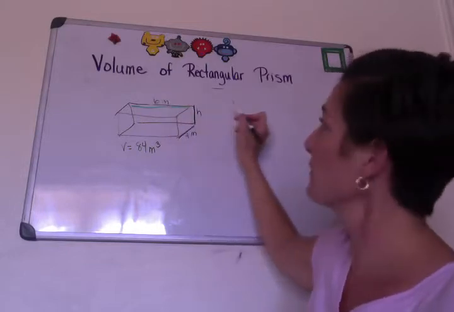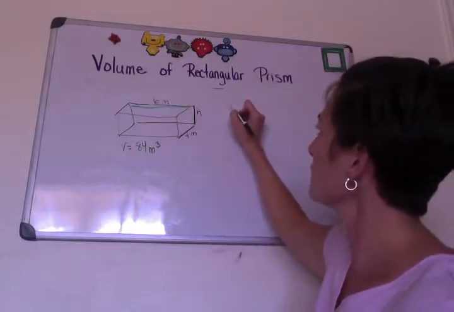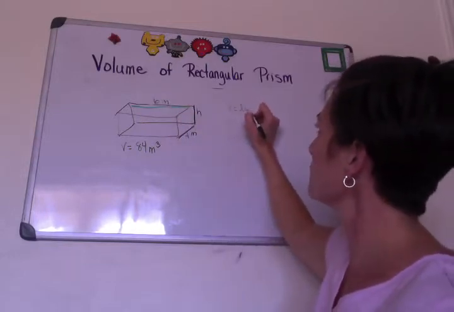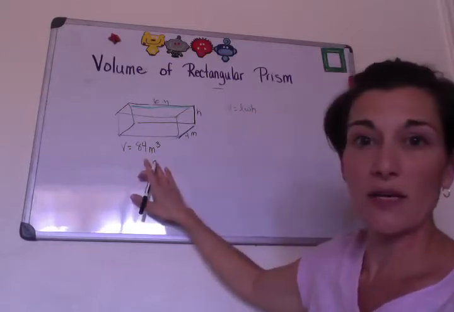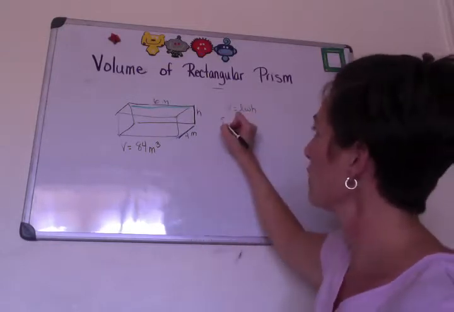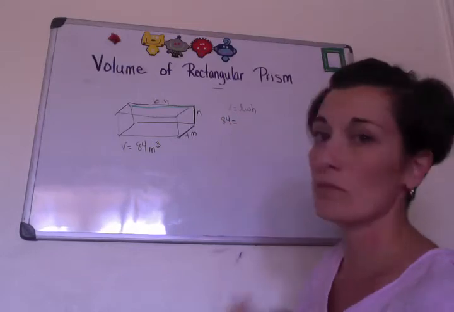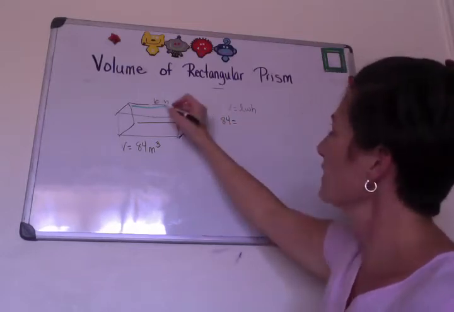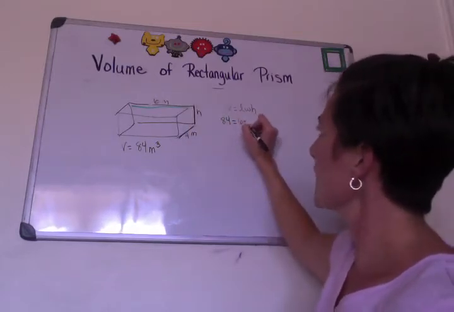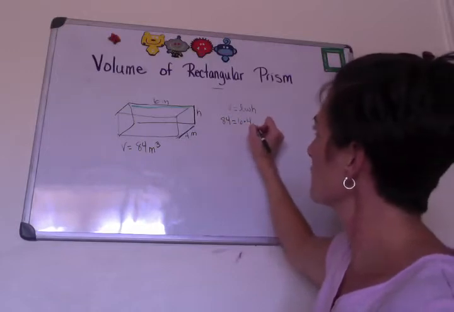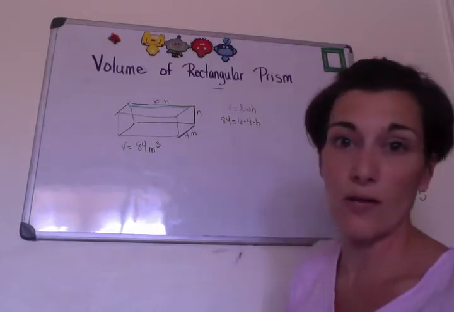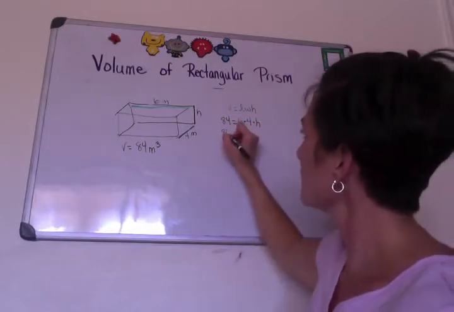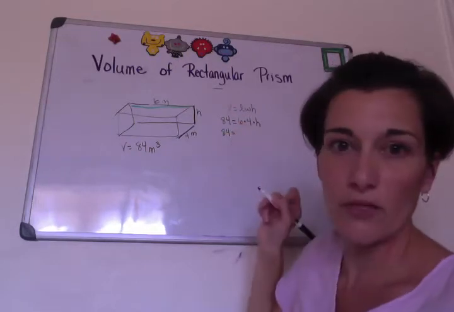So I'm going to write down my formula of volume equals length times width times height. And now I'm just going to plug in the numbers I know. I know 84 is my volume equals my length is 6 times my width is 4 times my unknown h. I know how to solve this because I'm simplifying my whole number. 6 times 4 is